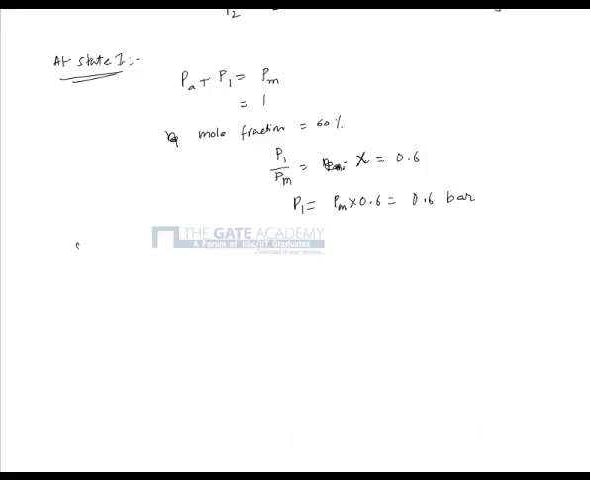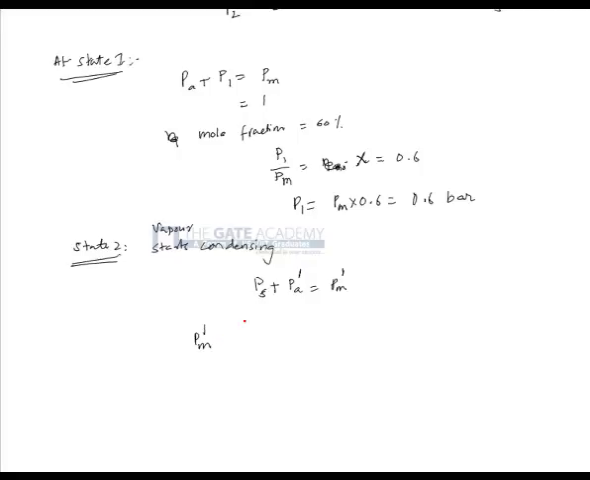Now at state 2, the vapor starts condensing. So at this state 2, what happens? At this state 2 also, let the water vapor pressure be PS, because it starts condensing, so it reaches the saturation pressure. The air pressure changes, PA dash, and I have PM dash. So ultimately what I need to find out is PM dash, but